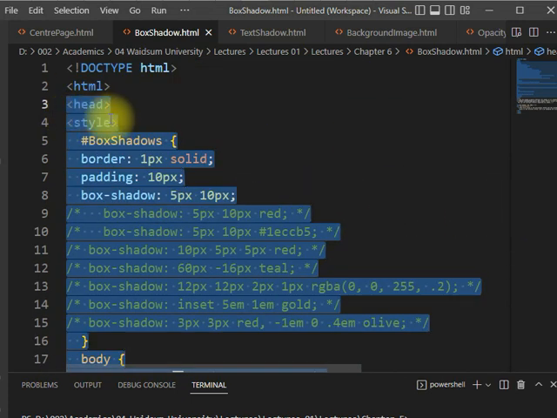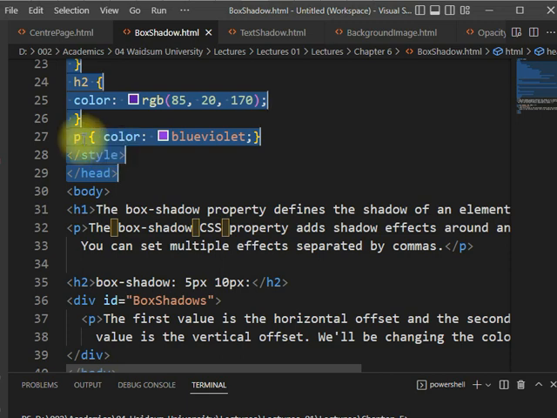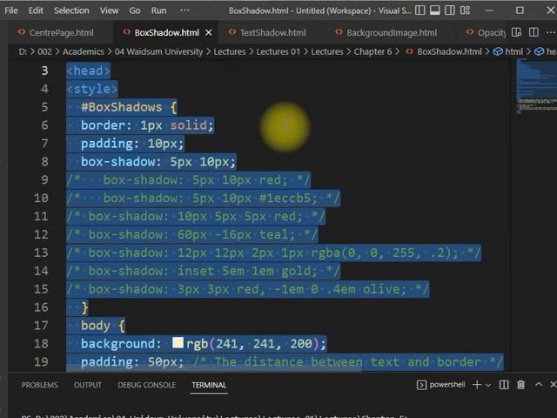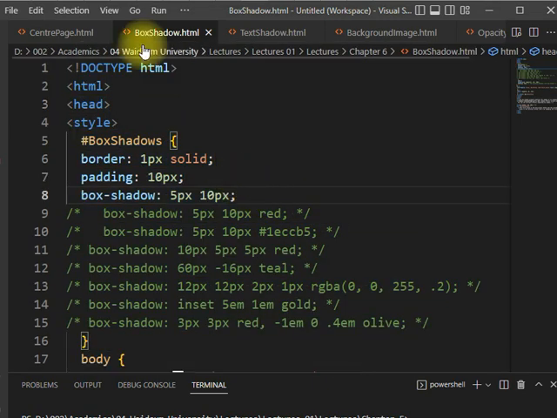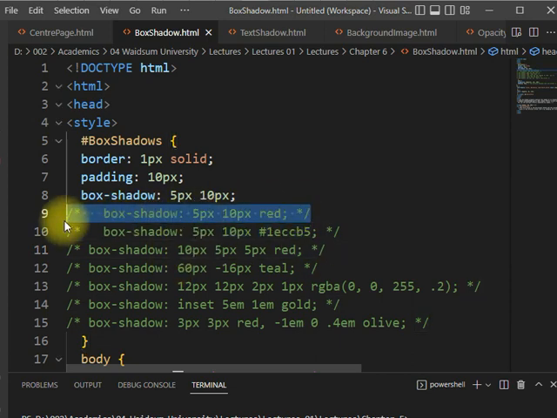So we open the head here, we inserted a style into the head, and we close the style here, and we close the head. So within the style, we carried out different experiments. Take, for instance, for a box shadow experiment, I have a few examples here to run through to show us different box shadows. For instance, I'm going to uncomment this one